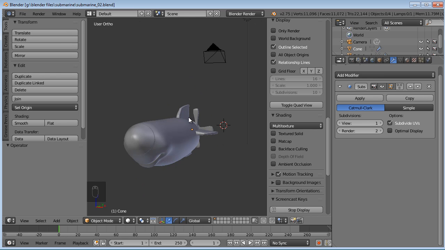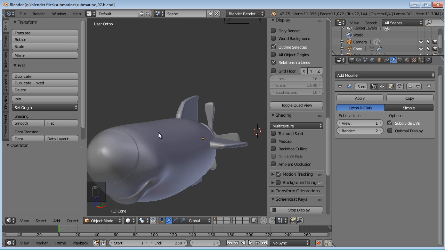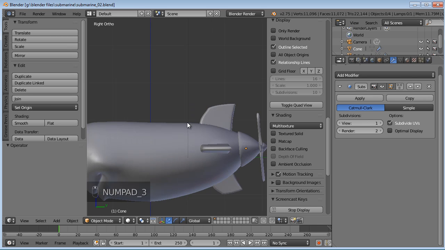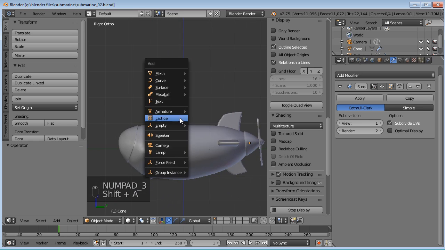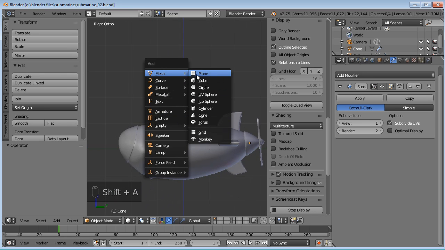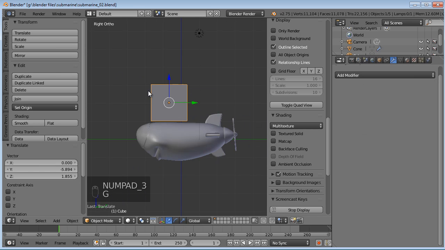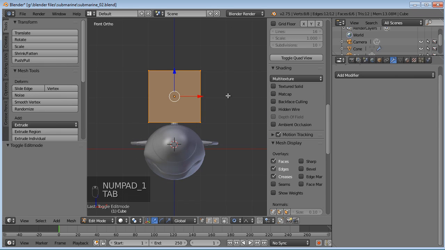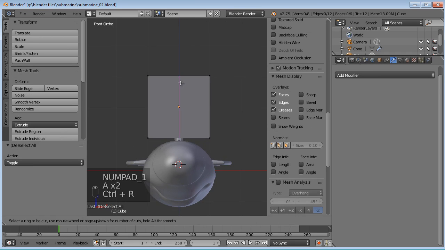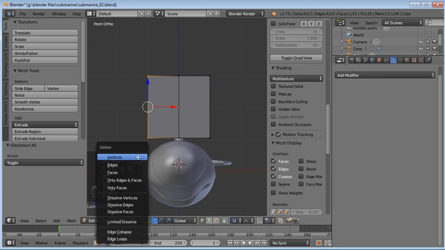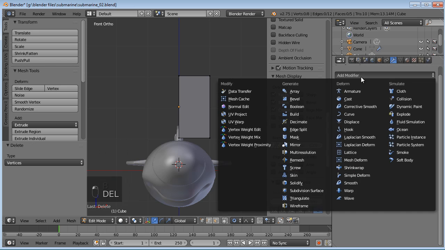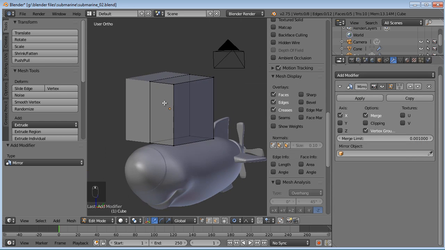So now we're going to get in and start working on the eye area, the place that would have the eyes. So, going to Shift A, going to add in a cube way back there where the 3D cursor was, so we'll just move that into place here, and we'll go ahead and tab into edit mode and add a loop there in the middle so we can get rid of half of it and add in a mirror modifier there.